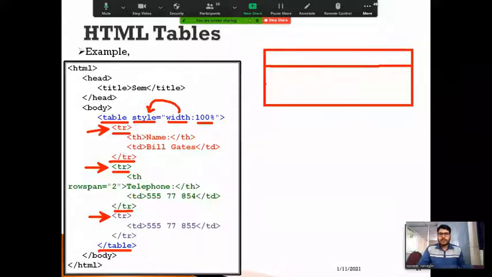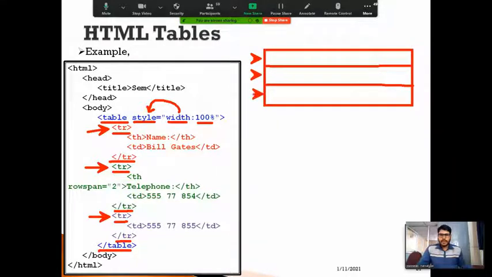This will create one more row within the table. And I'm also going to use a third row, so that it will create by default a third row. As you can see, it will create 3 rows: the first row, second row, and the third row like this.